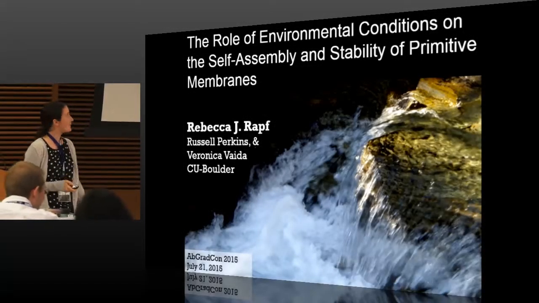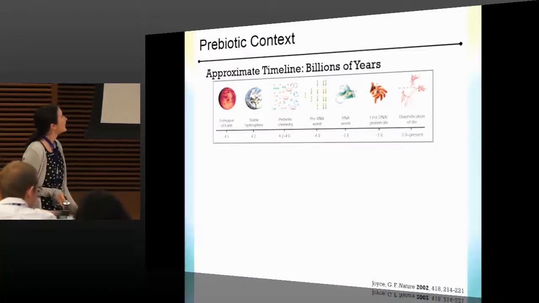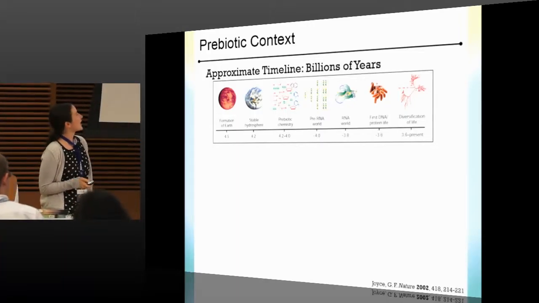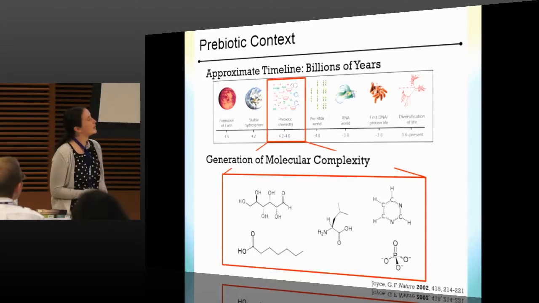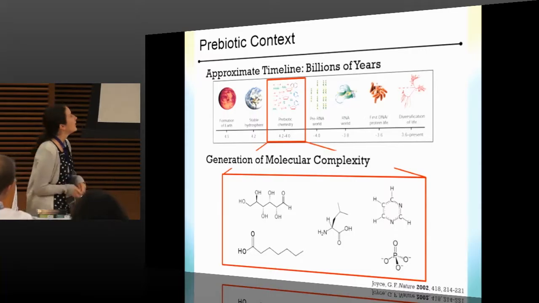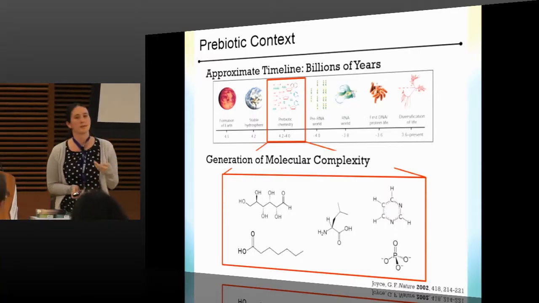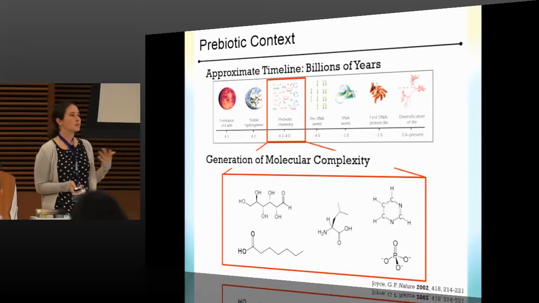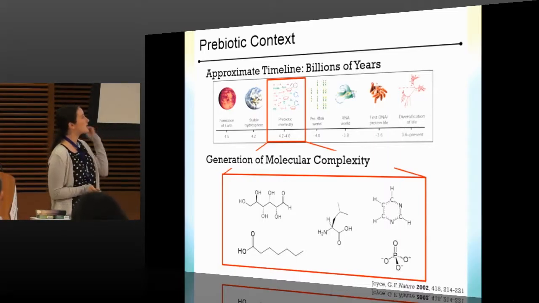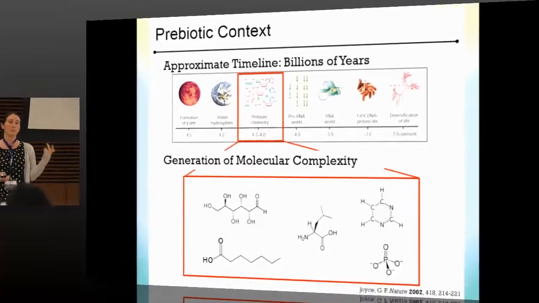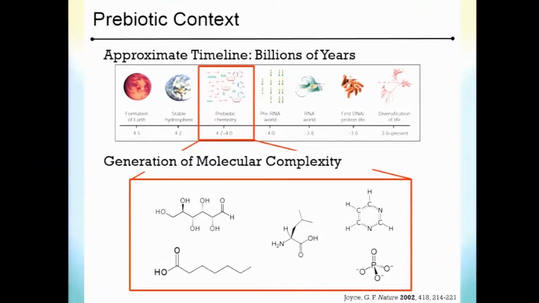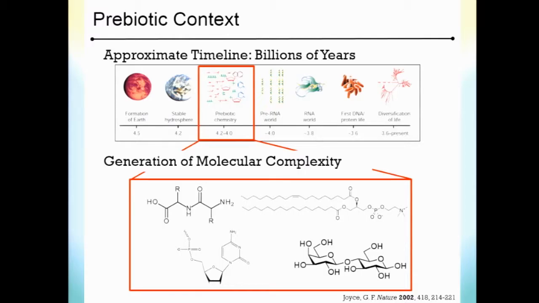So we're going to step back a little bit in time and talk about, I don't know, whatever timeline you want to talk about, but we're talking about prebiotic chemistry, so before life. And I'm going to be talking today a little bit about how we generate molecular complexity. And when I'm talking about generating molecular complexity, I mean going from the simple molecules that we know how to make either on meteorites or in space or with Urey-Miller discharges to going towards these more functional biomolecules, so making